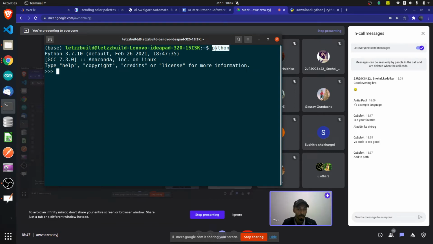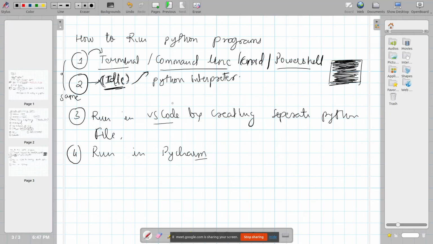Whenever you type a Python command in the terminal, I repeat, whenever you type a Python command in the terminal, what actually happens is a Python interpreter shell is opened.